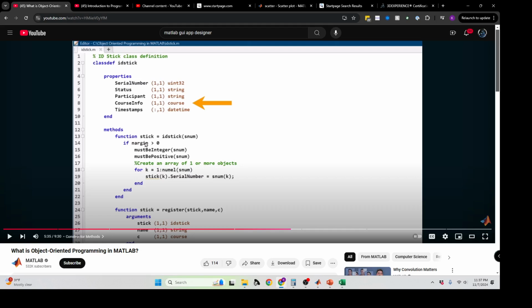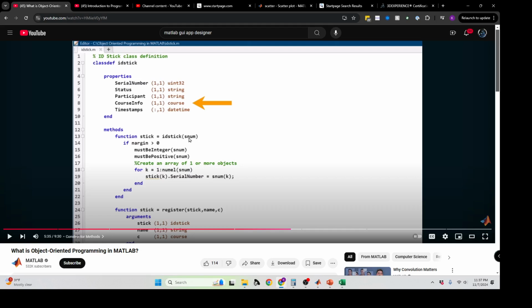That means if the number of arguments is 0, it skips over this and goes to the end, and then it goes to the end of the function ID stick. So it does nothing if the number of arguments is 0. It does nothing, which